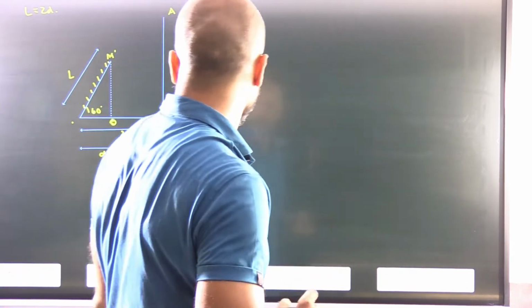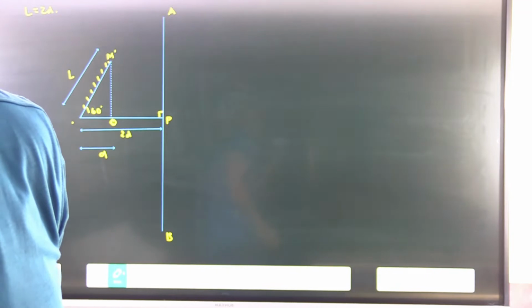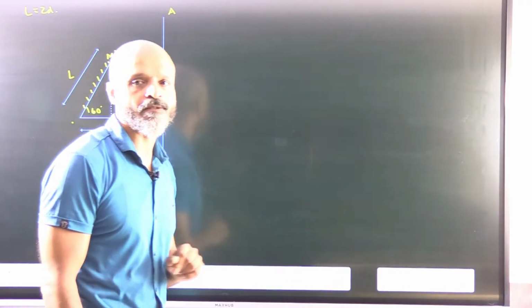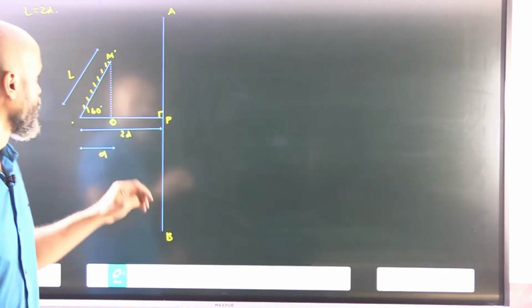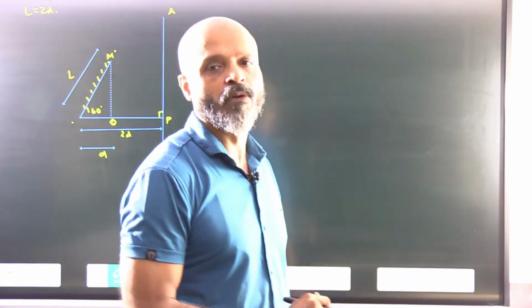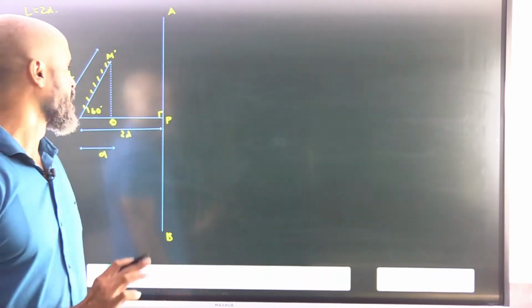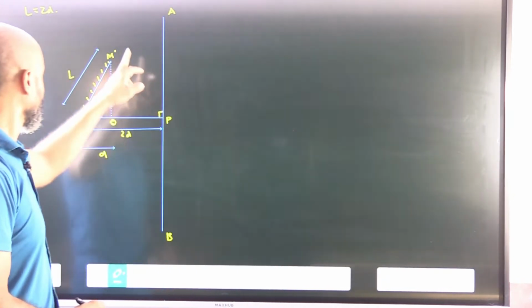So we will be continuing with the ray optics problems, and in these problems we are going to discuss some complicated problems which will be important from your board perspective as well as mostly from the competition perspective. Okay, so here we have a situation wherein we have a mirror which is kept